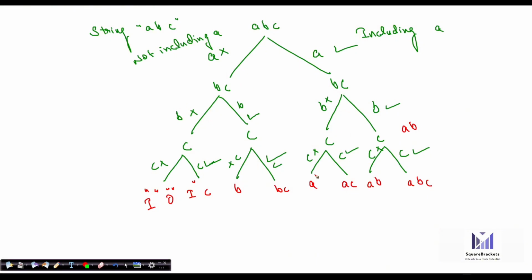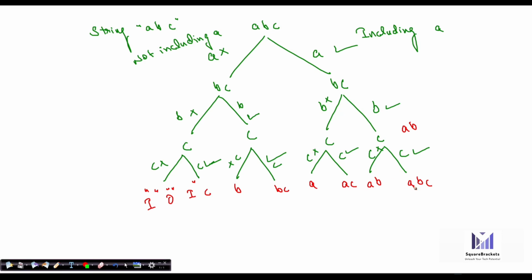So when you are going to build this kind of a tree, it means we have to use a multi-branch recursion. And when we talk about multi-branch recursion, it simply means that we have to call our function two times. So once you are including and once you have to exclude that.